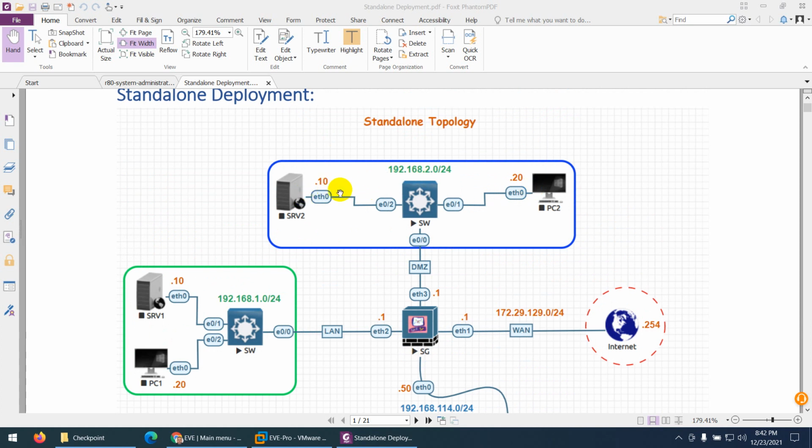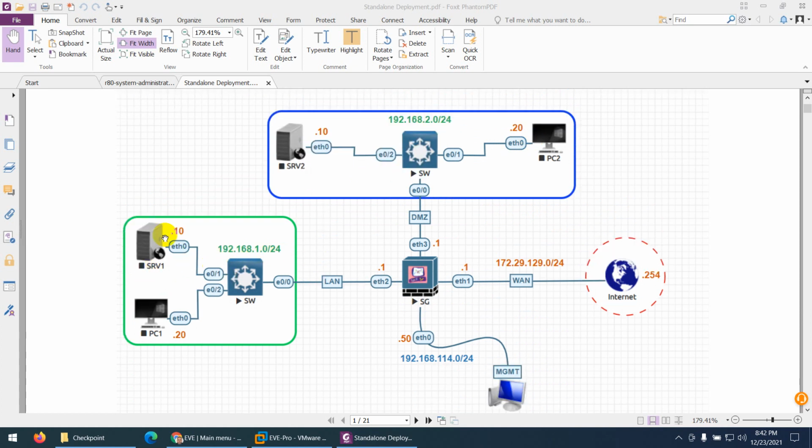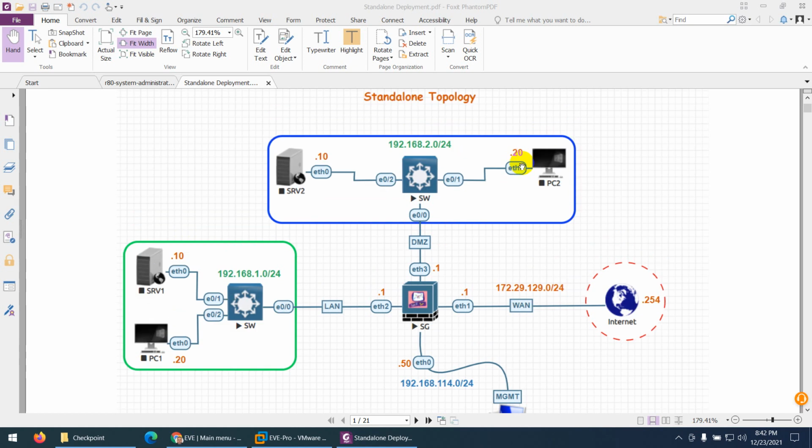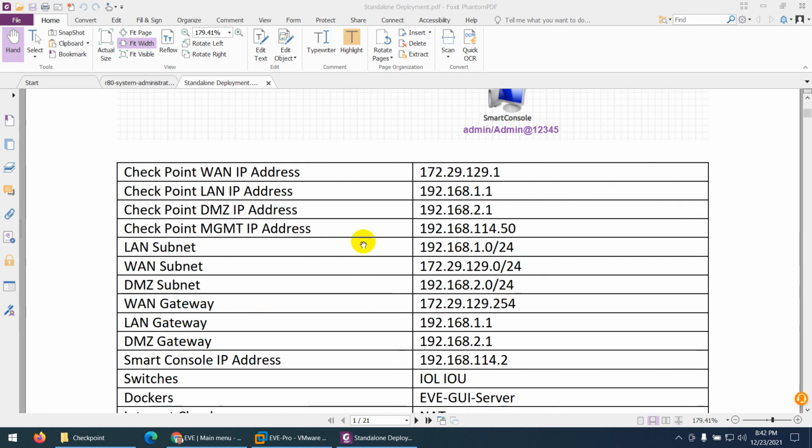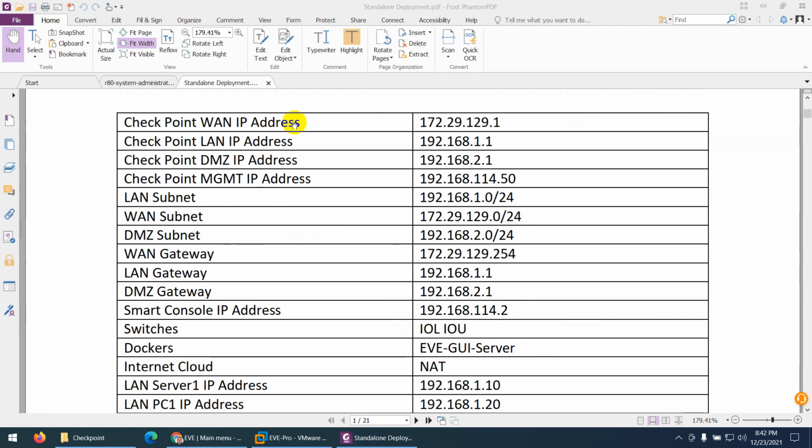Here we have one server and one client PC. The server IP will be 1.10, and on the DMZ we have a server at 2.10 and a client PC at 2.20, and here we have a client PC which is 1.20. Okay, that's it. So these are the details which I mentioned here. This is the WAN IP address on our firewall, and this is the LAN IP on our firewall, which we will assign to our interfaces, and 192.168.2.1 will be assigned to our DMZ interface.